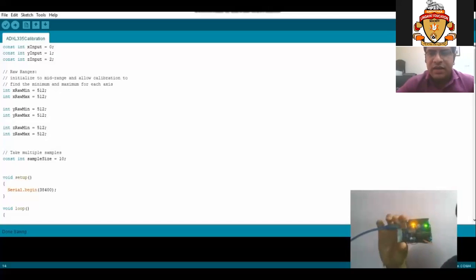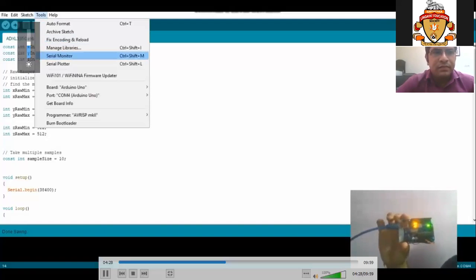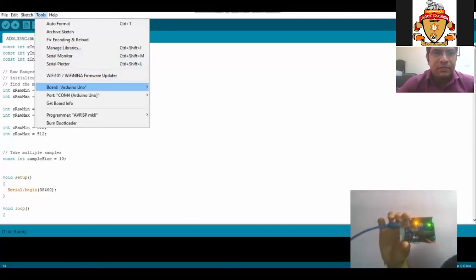Once it is connected, on the back side I have connected the accelerometer. I'm selecting the board and the particular port.